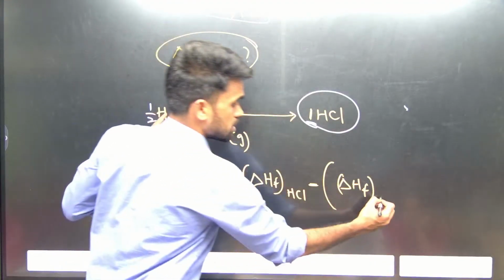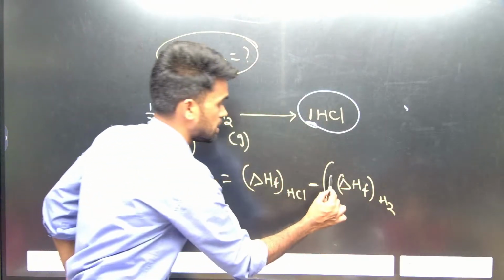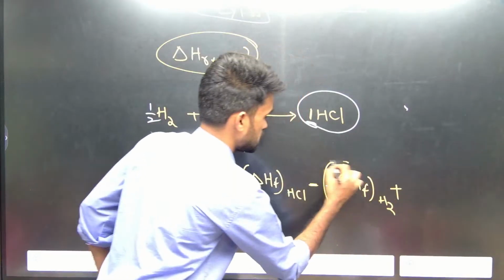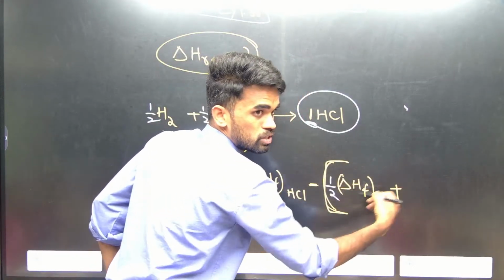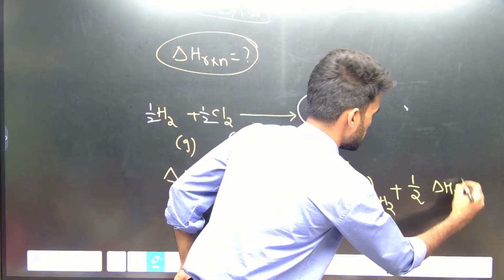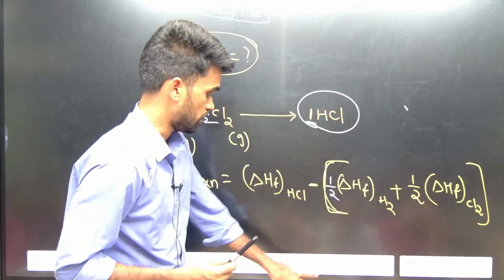So what is this? H2. How many moles are involved here? So you write here half. Okay, plus, see, this minus symbol belongs to both of these. Half into delta H formation of Cl2. Is this clear? Okay. So now